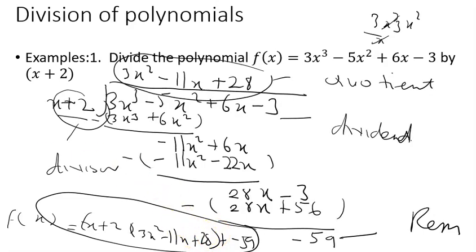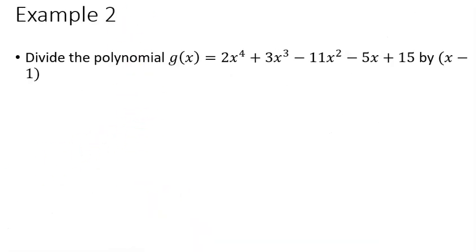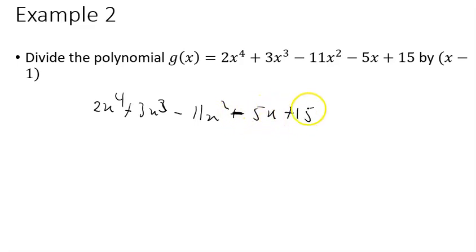Okay, let's try this one too. 2s power 4 plus 3s power 3 minus 11s squared minus 5s plus 15, all divided by